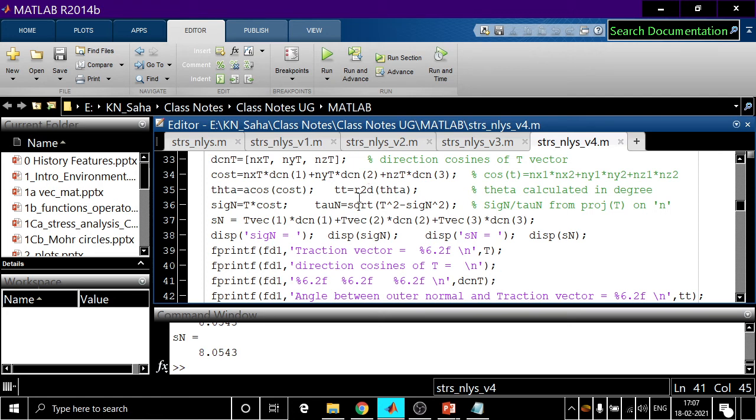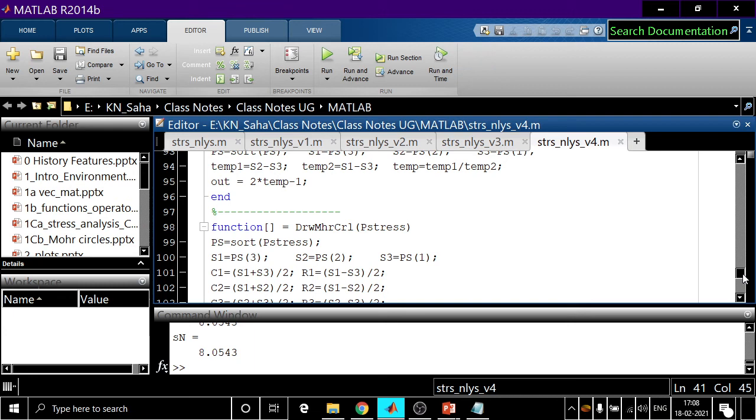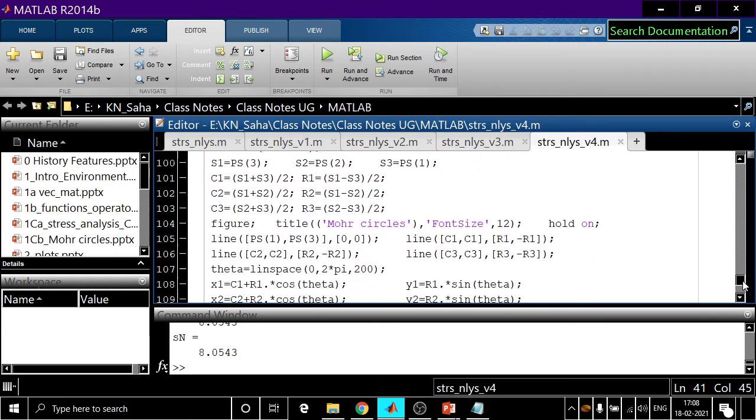But this is not a function available in MATLAB. Okay, so have we created a function here for R to D? See, we haven't created any function. These are only the functions we have used. Draw Mohr circle was the last function.